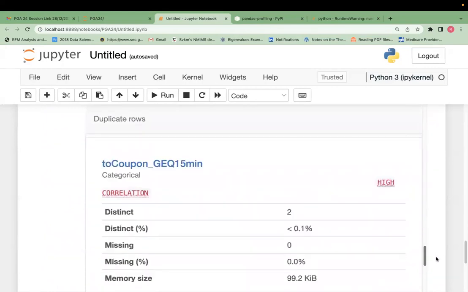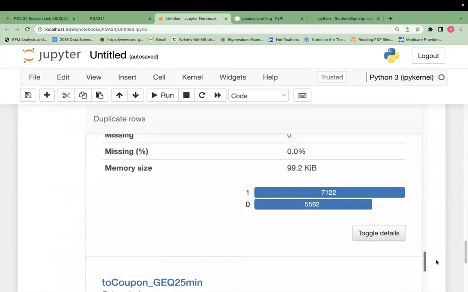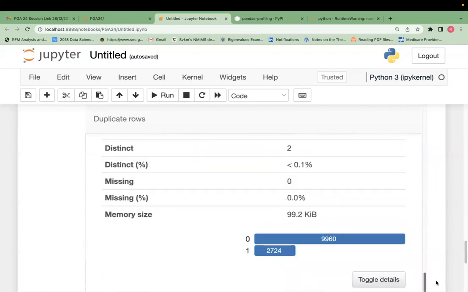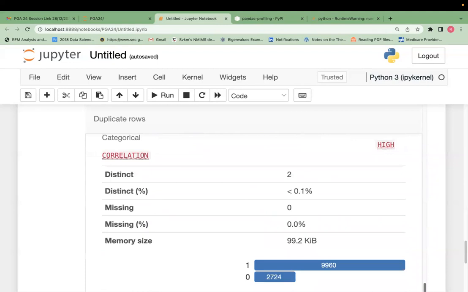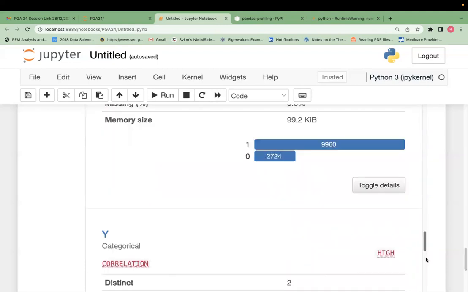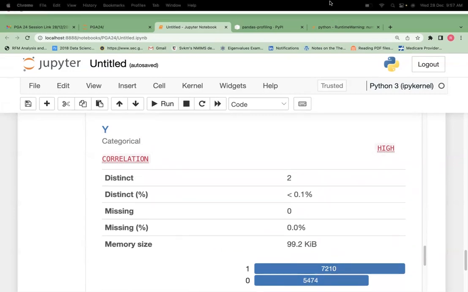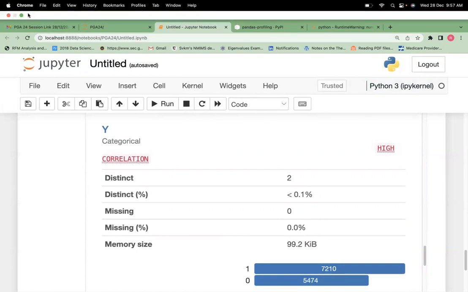So toCoupon_GQ15 and the others are all numeric, which are showing as integer. They are all 0 and 1. GQ25 minutes, 0 and 1. Direction same, 0 and 1. Direction opposite is again 0 and 1. So these are all what we call categorical data. And our dependent variable Y, which is coupon recommendation yes or no: 1 is 7210, 0 is 5474. If you go to the data dictionary, you will see what that 0 and 1